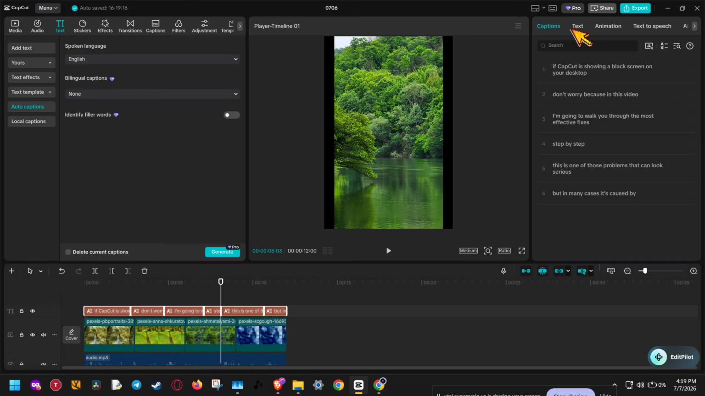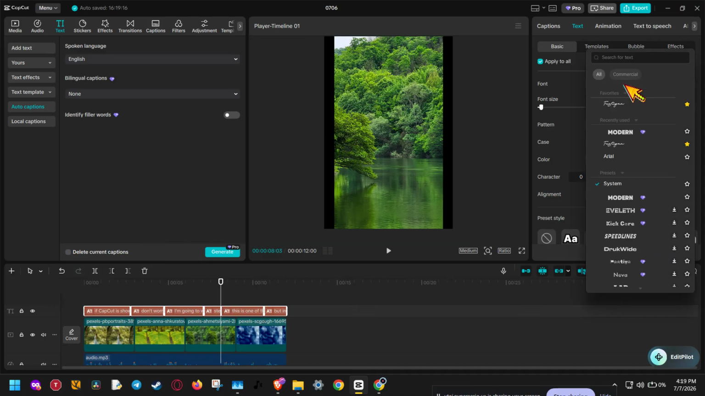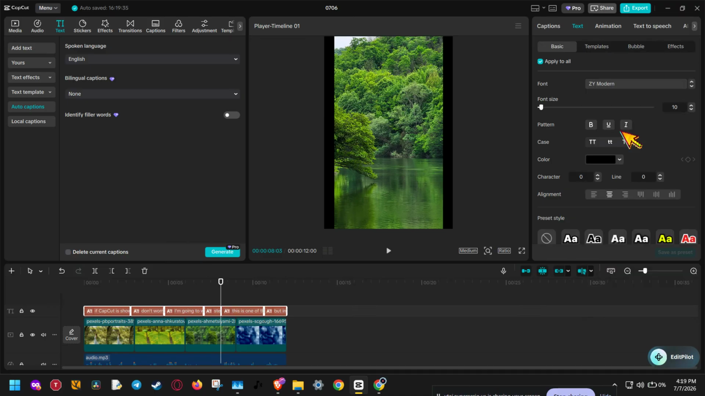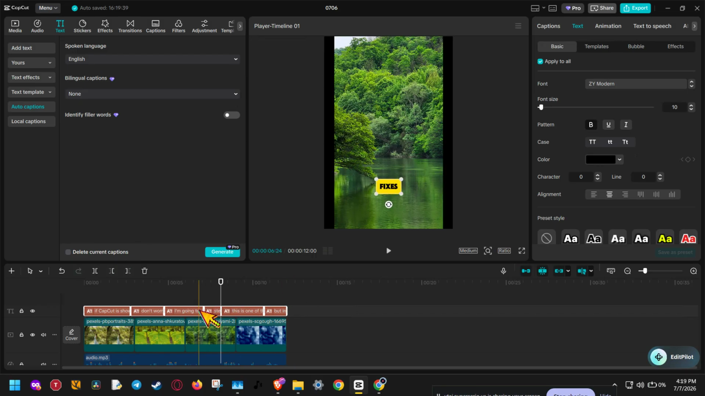If you want, you can also customize the captions even further. With all of your captions still selected, go to Text and then Basic. Here, you can change the font, adjust the size, and choose a color that fits your brand or video style. You can make the captions bold and bright for a high energy look, or keep them minimal and clean for